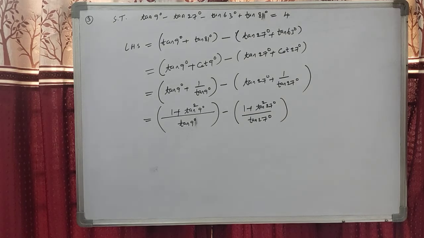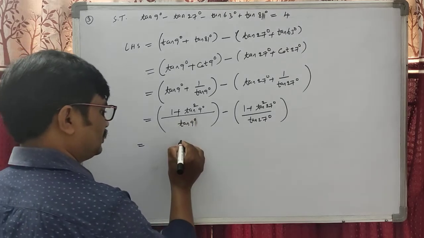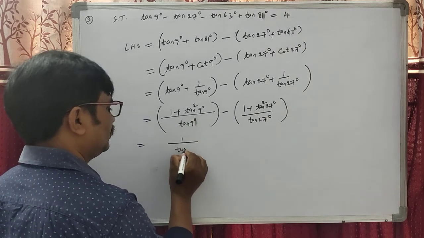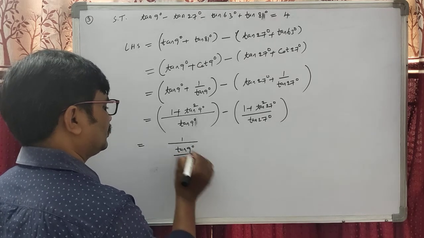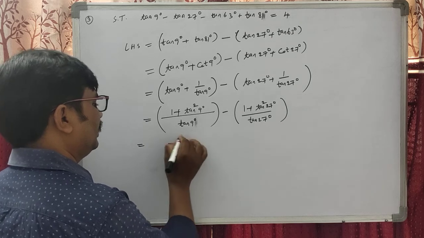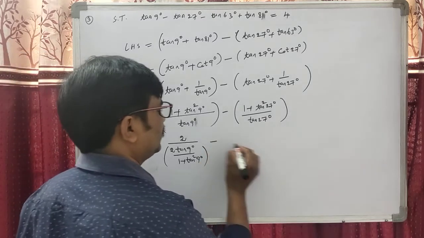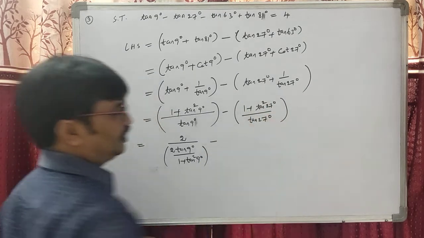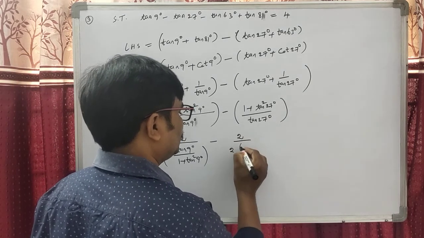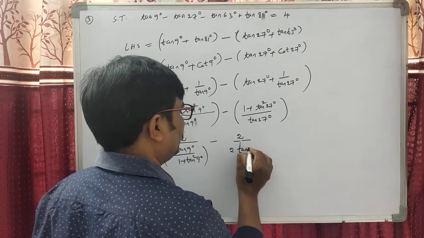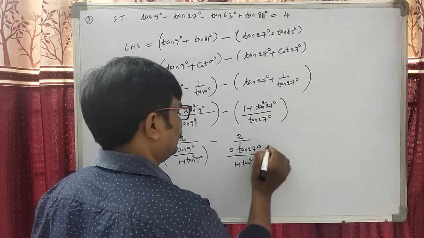Okay students, everybody knows that tan 9 is there. Therefore this can be written as 1 plus tan square 9 degrees by tan 9. We have to multiply by 2 and divide by 2. This is also how we can write the denominator of tan of 27. Similarly, we are taking 2 by 2. This is 1 plus tan square 27 degrees upon tan of 27 degrees.